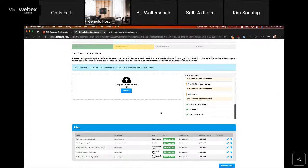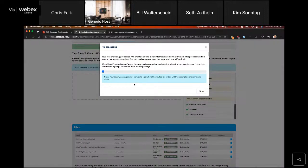So once I have all of my documents uploaded, the next step I can take is go ahead and click this process files button. So when I do that, a box is going to pop up on the screen and start preparing your files for submittal. So what's happening here? We are going to convert your plans and any supporting documents that are going to go through plan review into a web-based format that'll allow our plan reviewers to review those plans interactively and then communicate with you collaboratively to get those code issues identified, resolved, and move you on your way